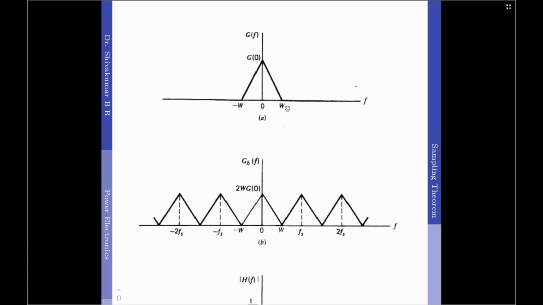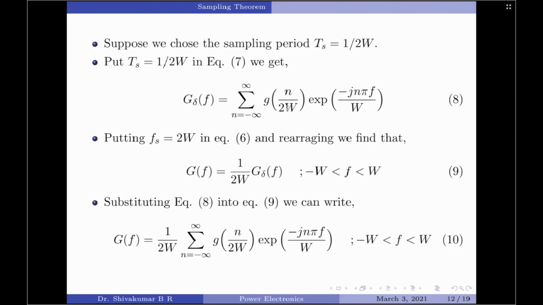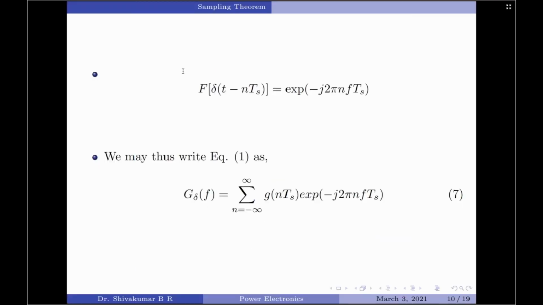Now, let us consider that this particular signal, which is our strictly band limited signal G of t, is sampled using the sampling period Ts equals 1 by 2W. That is, let us simply choose the sampling period to be 1 by 2W. So, I am going to substitute Ts equals 1 by 2W in my previous equation, which is equation 7 here,